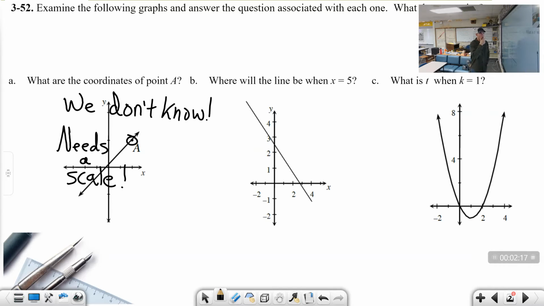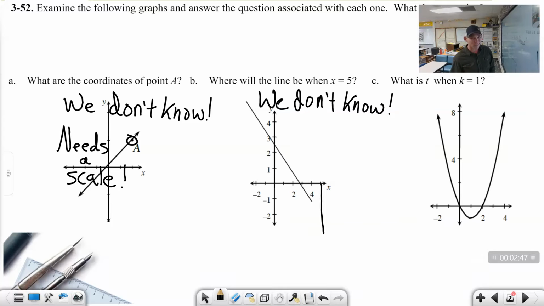Problem number 2. Where will the line be when x equals 5? Correct answer? We don't know. So we write, we don't know. But why don't we know? In this problem, if we go to x equals 5, it does have a scale, but we go down. Do you notice how the line doesn't cross x equals 5? See, what we need in this problem needs